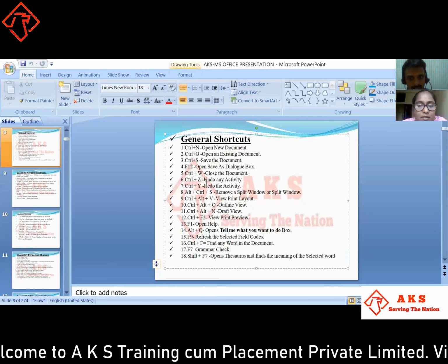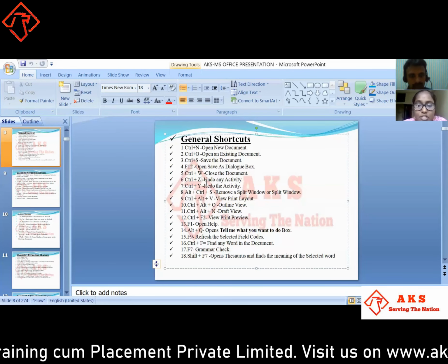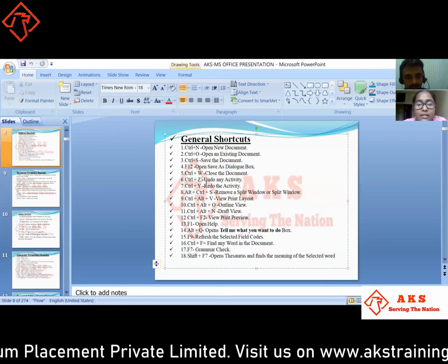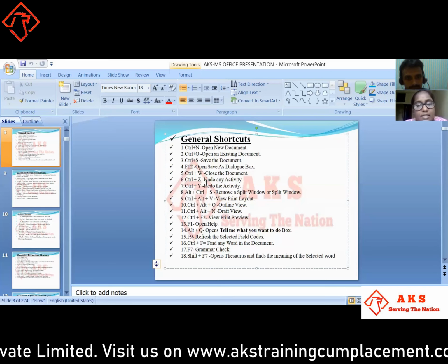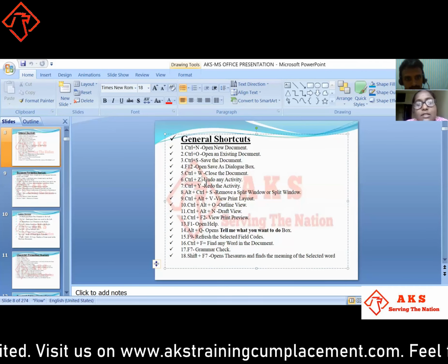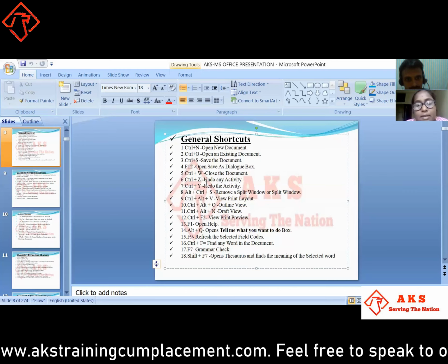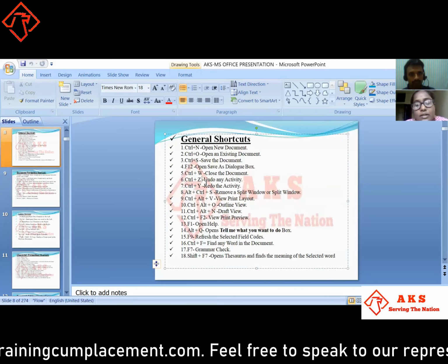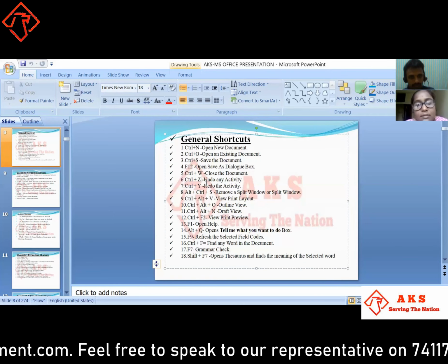Next is Shift plus F7, opening the meanings of the selected word. We have completed documents in which there are many mistakes. We have to click Shift plus F7, and some options will appear. Select the word and then click on meaning.